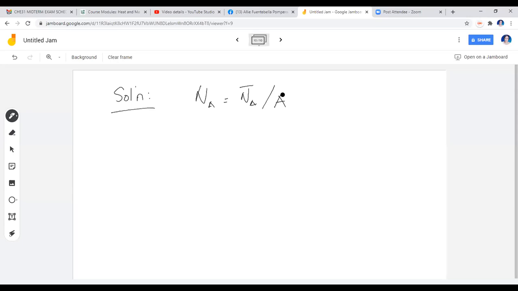So what is this N sub A bar? This N sub A bar, I will just read it from here, is the kilogram moles of A diffusing per second. So this one we will write as kilomole of A diffusing per second per unit time. At steady state, this